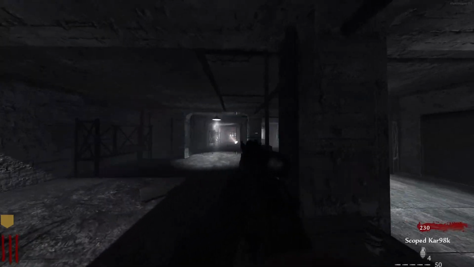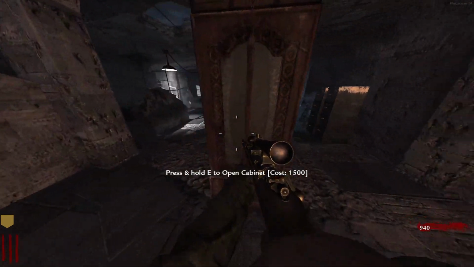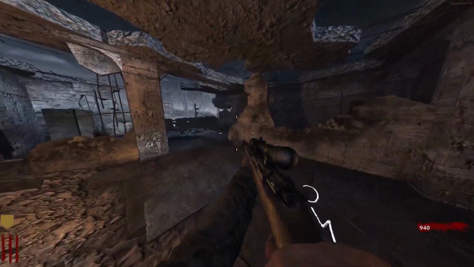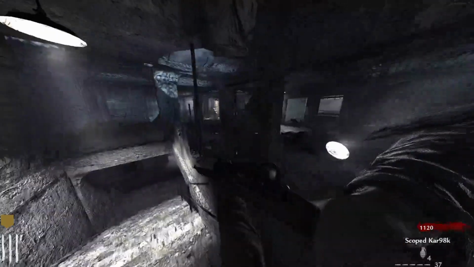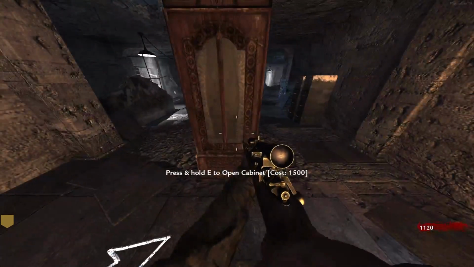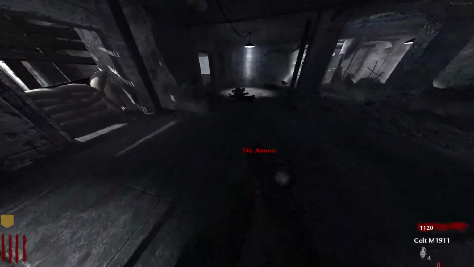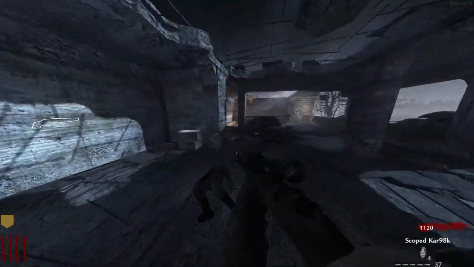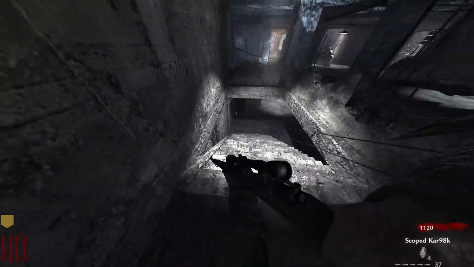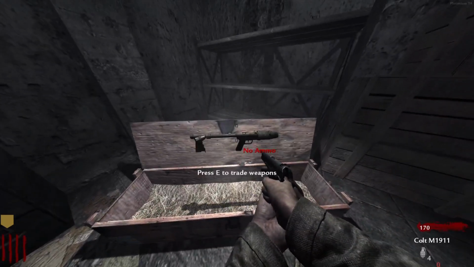Alright, yay, a scoped Kar 98, which is surprisingly good. See, I'm wondering why I can't just buy ammo from this thing because I have the scoped Kar 98 right now. You know, I know this was supposed to be Treyarch's first troll, but to be honest, it doesn't really feel like a troll. Especially because it's 1,500 points for a really good starter gun. I mean, once you buy that first door, honestly, it's a solid thing to buy. I think everyone's just going to go straight for the mystery box instead, but...